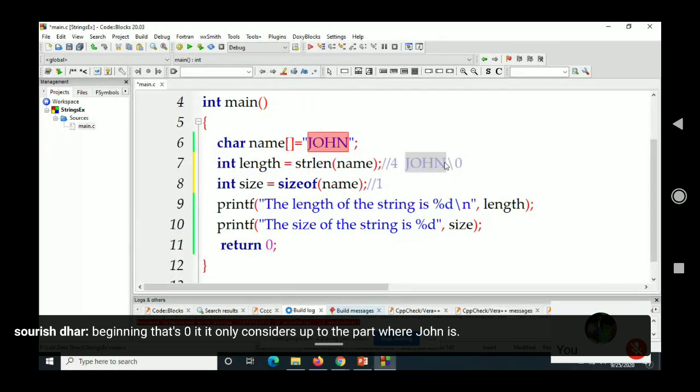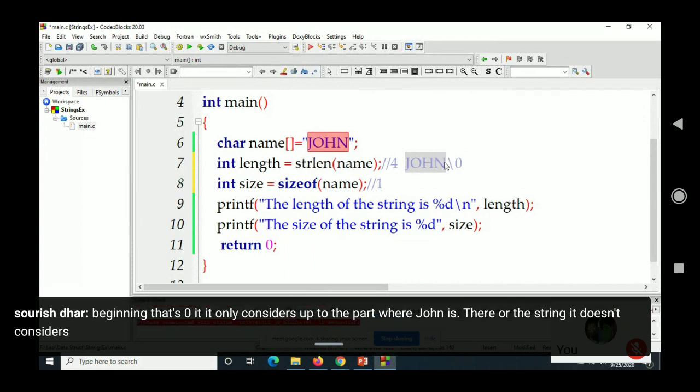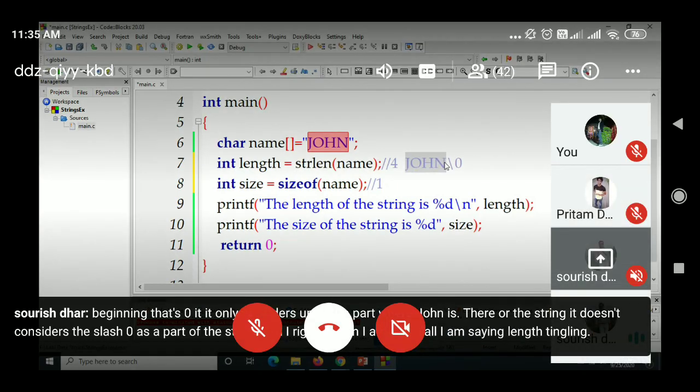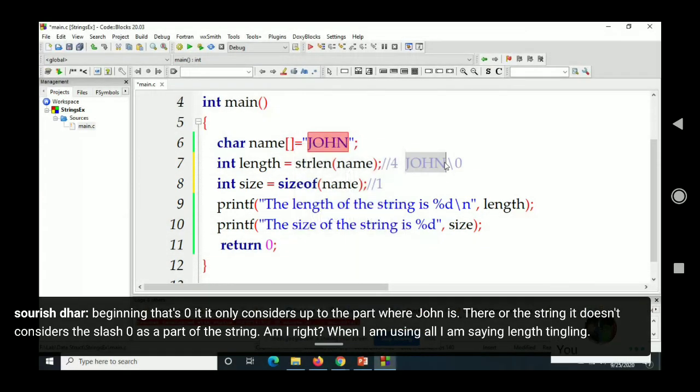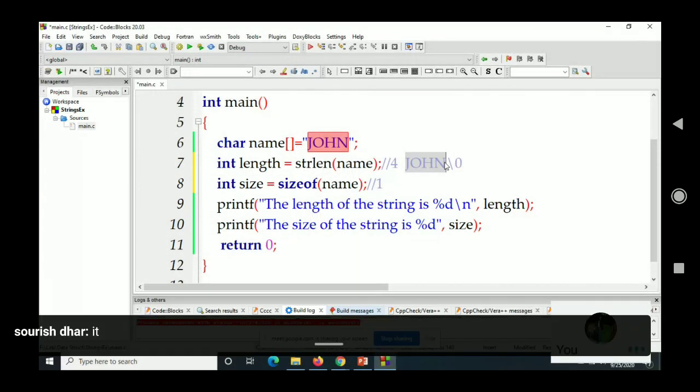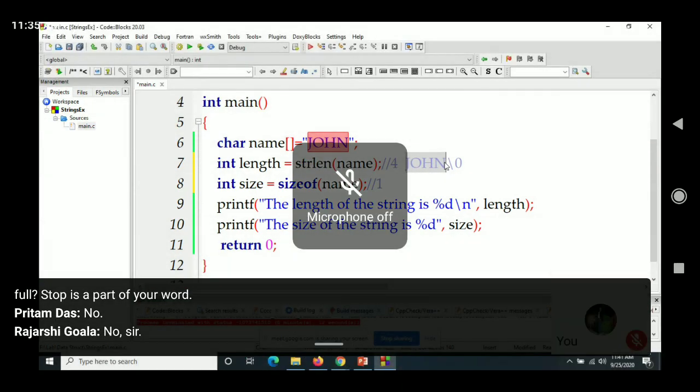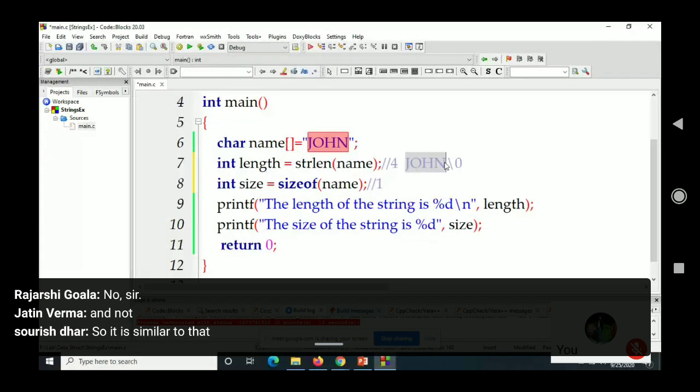It doesn't consider the \0 as a part of the string when I am using string length. Do you consider a full stop as a part of your word? No, sir. So it is similar to that. \0 is not considered here.